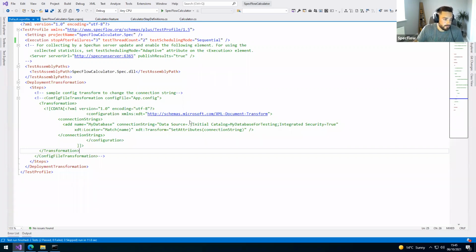So is there another question? Yes, there's another question. Is the calculator class injected as a singleton or scoped? Suppose that we have 2 step definition classes that the calculator is injected into. Let me just reread this. I believe it's a singleton, so behind the scenes SpecFlow is using